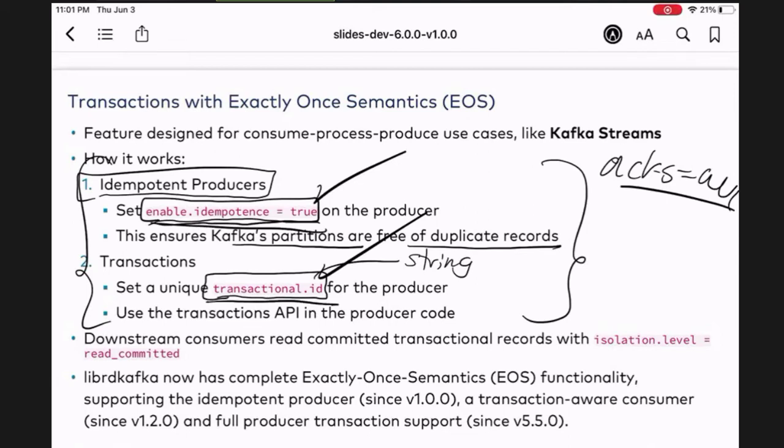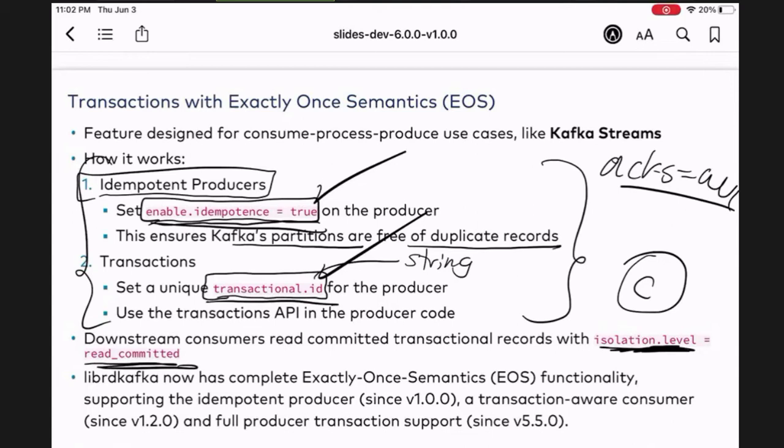That's literally that, I'm guaranteed from the producer perspective. And then on the consumer side, I have to set the property called isolation.level and set it to read_committed. Then you say, wow, when I say read committed, what does this mean? Well, that means you will read the committed messages only. You will not read the aborted messages. You will filter those out. You will only read the committed messages as the consumer. You will filter out the aborted messages.